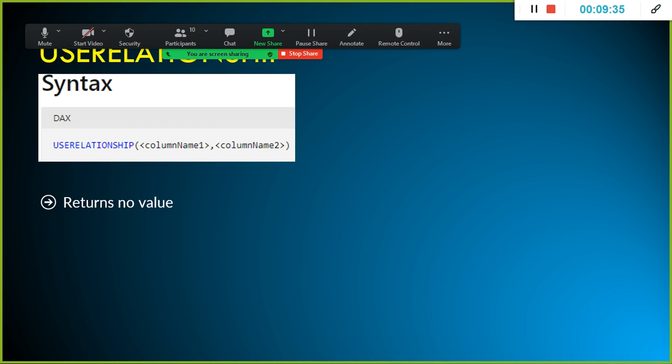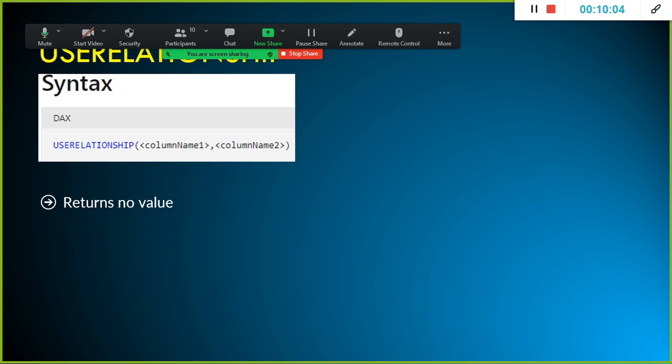And also, since we already have the active relationship between the date key in your dim date table and your fact table's order date key, you can filter the sales amount by order date. You can combine these two also in a single table in your visualization. So that is how it is very much helpful.